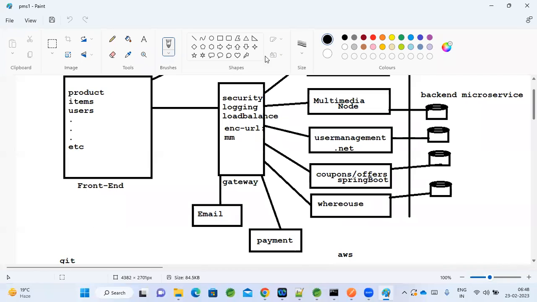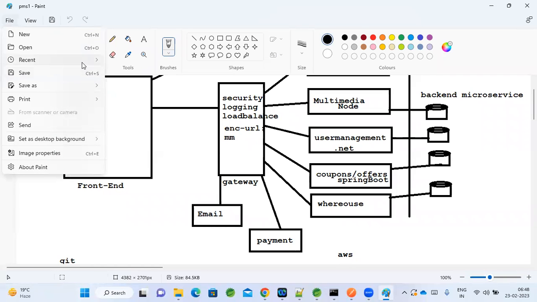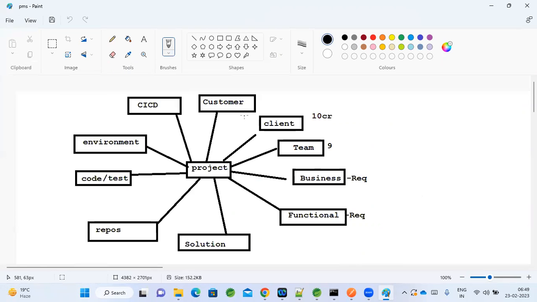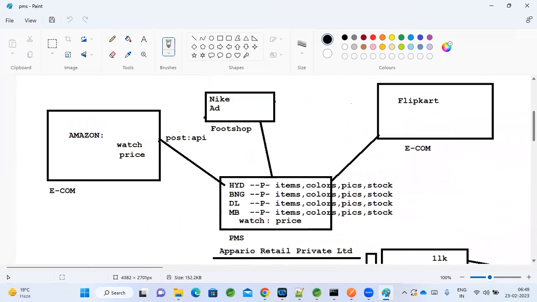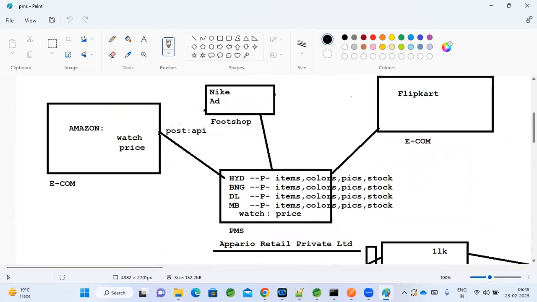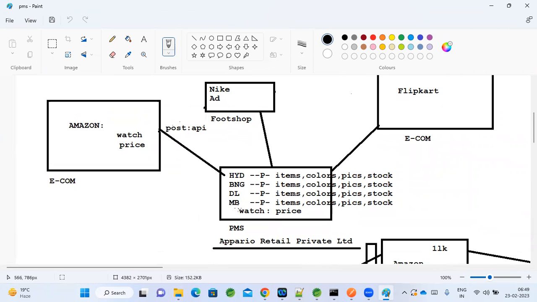And the need of the system also we understand, right? So the product management system will facilitate sellers who want to sell their products via online e-commerce websites. They maintain their products data in their warehouses via the system so that they can see how many products they have across their warehouses. Let's say if I am an owner for this apparel,